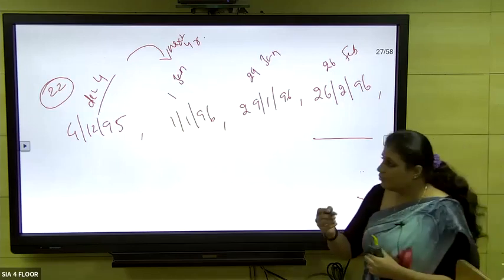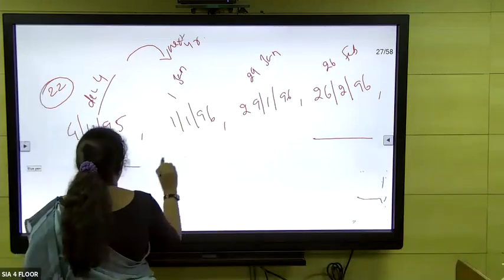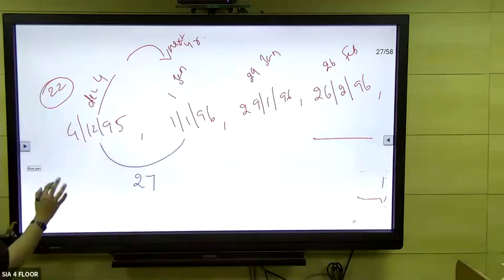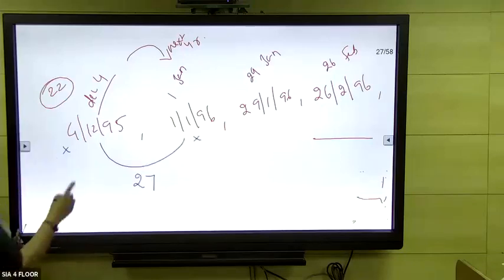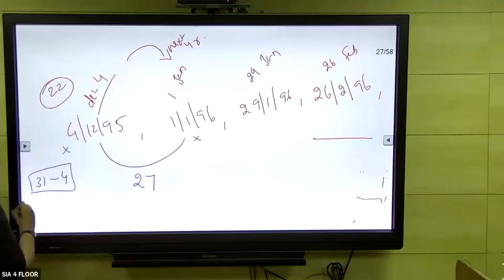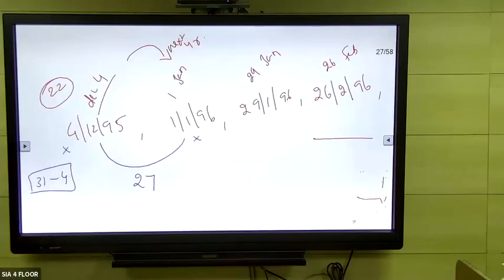Okay, so what I'm going to do now is I'm just taking the days in between. It's 27 between. Okay, I'm not considering this. I'm not considering this. January contains 31 days. I'm removing these 4 days. All right, sorry, it's December. Okay, December contains 31 days. I'm removing these 4 days to extract the number of days which are there in December, which are 27 days. Hope I am right. I'm not wrong. Okay.